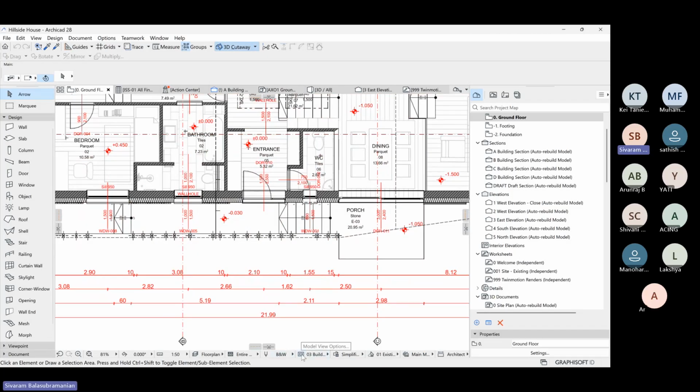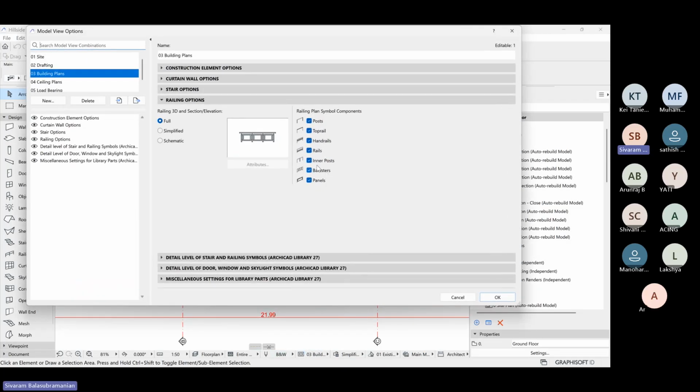And next we have model view option. So model view option again is like letting us control how detailed we want something in our floor plan. So I can also create different model view combinations here. For example, if I want to create a site plan, I don't want much detailed level of internal elements in my site plan. So what I'll do